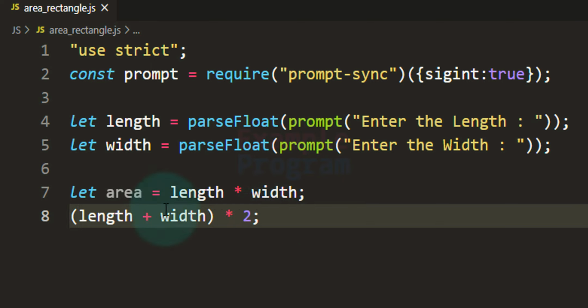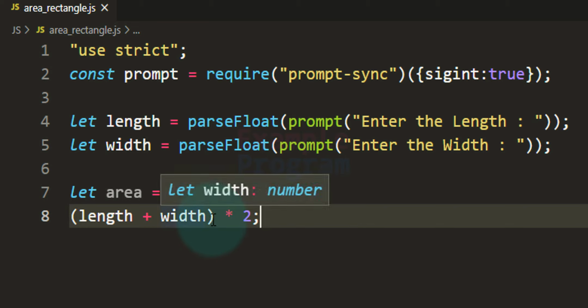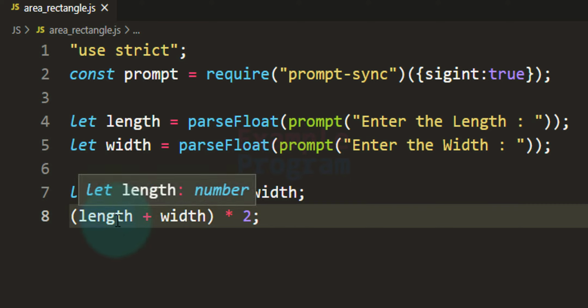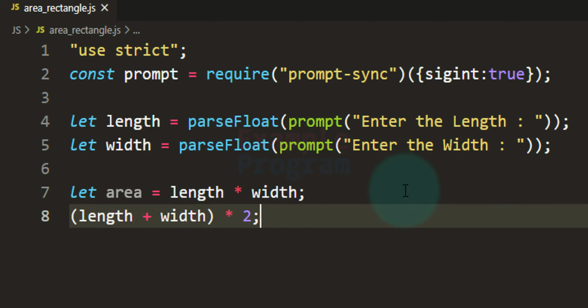Why I am doing it like this is, if you don't use the parenthesis here, then because of operator precedence, the multiplication operator has the higher precedence. So first it will perform width multiplied by 2 and then whatever the result is, it will add length to that, which will change the output of our program.